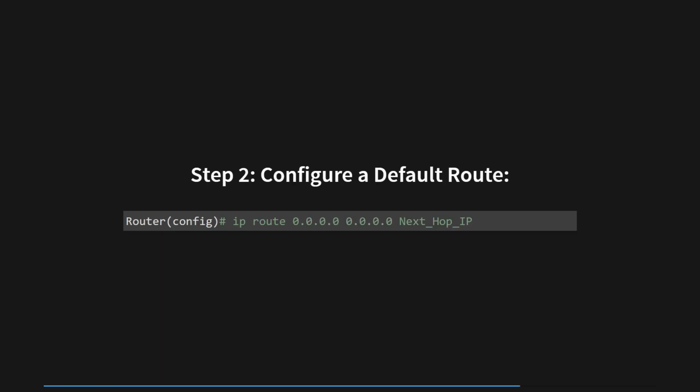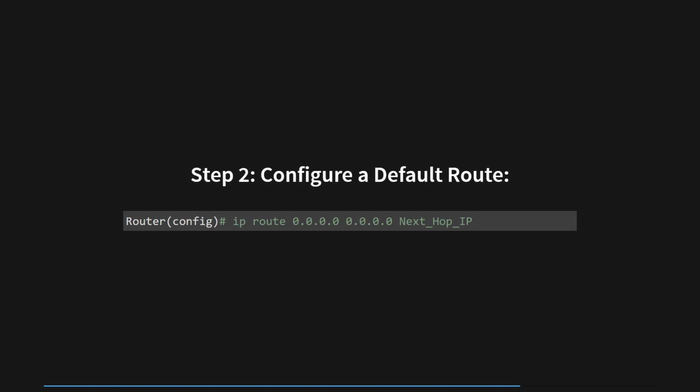This notation represents the default route in the routing table, commonly denoted as the default gateway. It acts as a catch-all route that matches all packets with no specific matching route for their destination in the routing table. When a router receives a packet with a destination IP address that doesn't match any existing route, it forwards the packet to the default gateway.